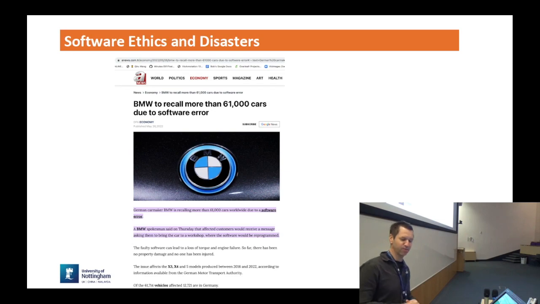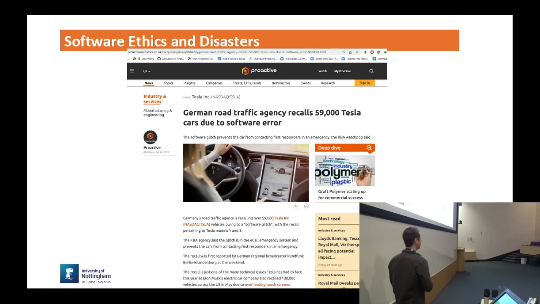Even with the mobile phone, there are very serious consequences. This is another one about Tesla and software. I thought that Tesla did have a different policy when it came to software. I'm not sure if they have open source or closed source software. But I think disasters like this are less likely in the case of open source software because people have a chance to look and see.